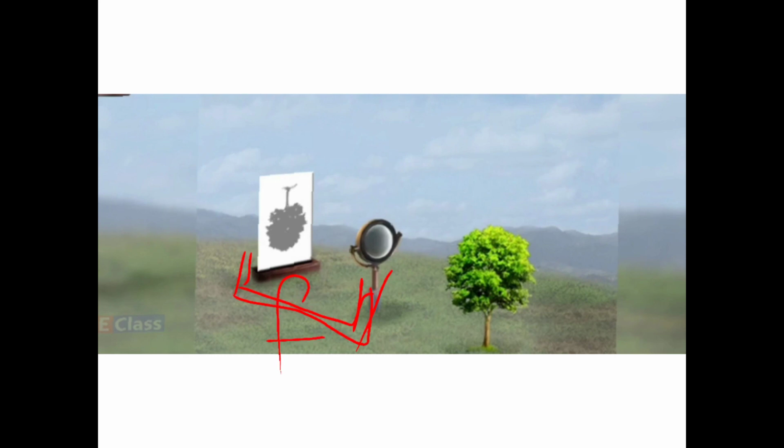You have one experiment in your practicals to find out the focal length. So what you are going to take? You are going to take a distant object and get the sharp image of that distant object, and we are going to measure it. Remember children, whatever lenses we are using, we measure the focal length in centimeters only. Okay.